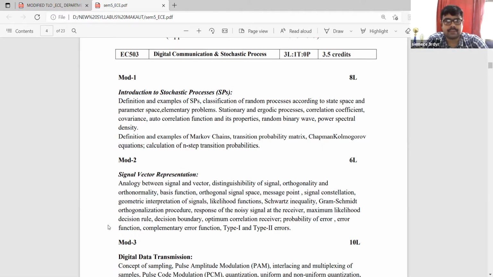Definitions of the examples of the Markov chain, transition probability matrix, Chapman-Kolmogorov equations, calculations of the n-step transition probabilities. So different topics, different sections will come under this thing. So EC503, this is a digital communication stochastic process, very fundamental, very important subject for the electronics and communication engineers. So in this case, we'll see that is a 3.5 credit subject, and we'll find out